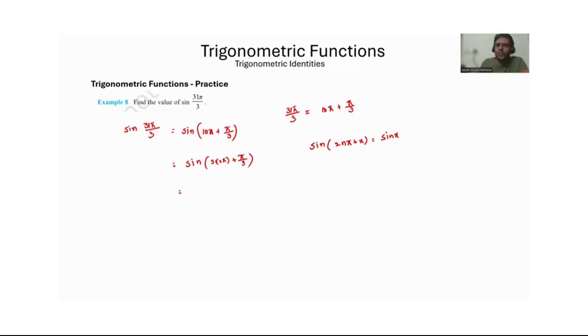So 2n pi plus x will give the same value, that is sine x. So I can write this as sine pi by 3, since after 5 revolutions it comes to the same position. What is sine pi by 3? Which is sine 60 degrees, right? Pi is 180, and 180 by 3 is 60. So what is sine 60? It is root